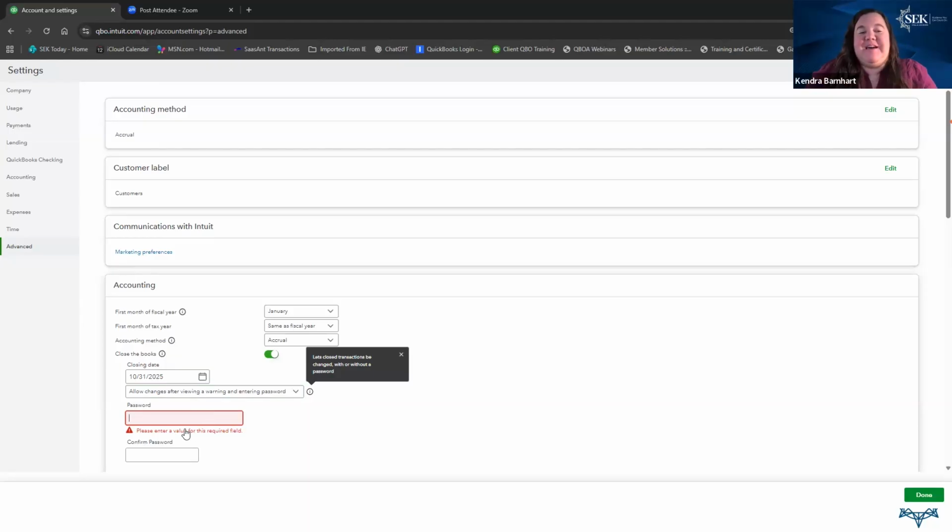So that's what I was thinking. The only time that I can think of that anybody would need to use it would be when you get your adjusting journal entries from your accountant after your tax return. That makes sense. So that's how you set that closing date and password in QuickBooks